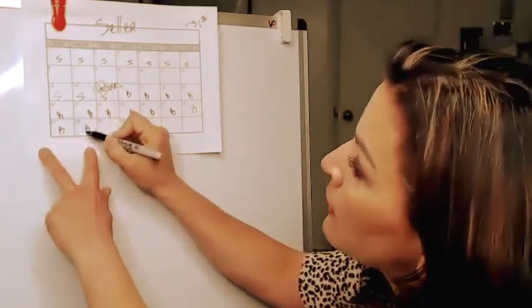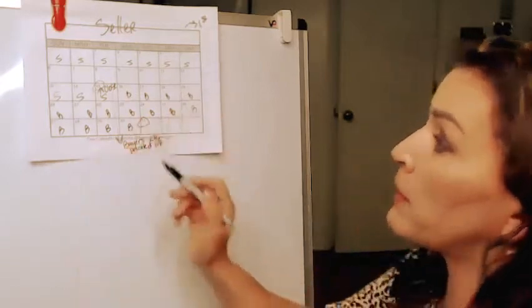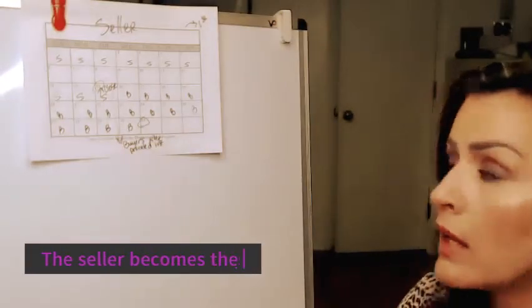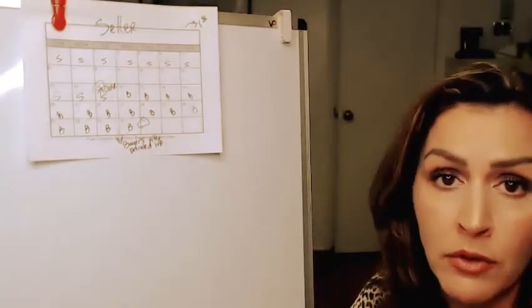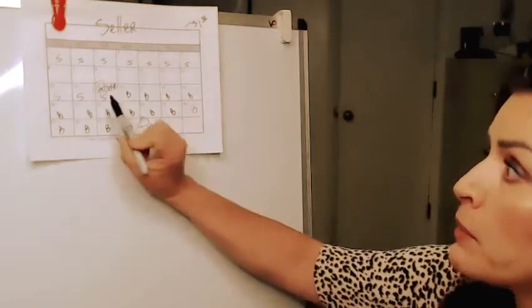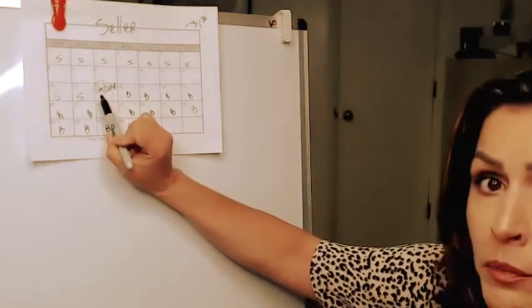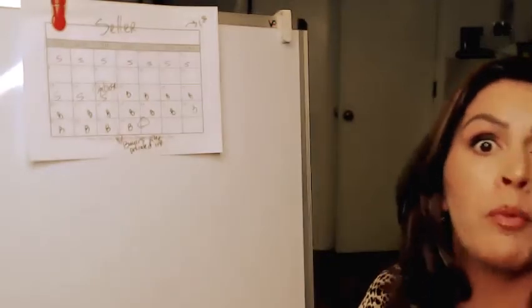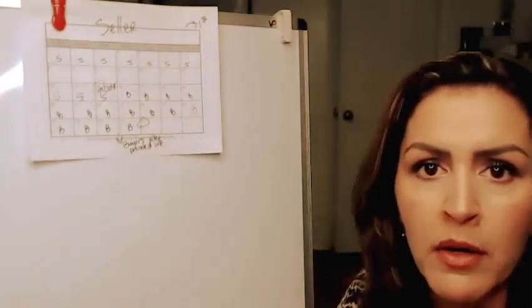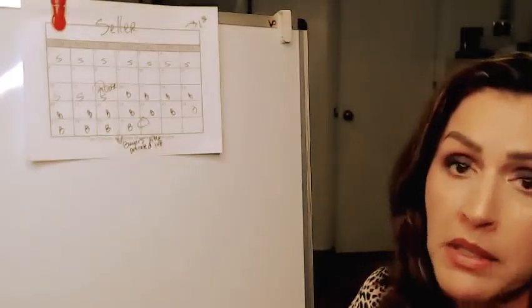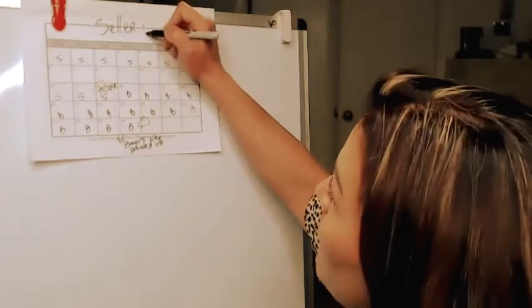Now, because the buyer is now incurring this expense, but the seller is still staying there, then the seller becomes a tenant. The seller no longer owns the house. The seller's no longer paying interest. So what happens in that instance? Well, because this belongs to the buyer and the previous seller becomes a tenant, then they will owe prorated daily rent, okay? So usually we take whatever the mortgage is a month for the buyer, we divide it by 30 and we figure out what the daily rent becomes. So this is the seller temporary lease.